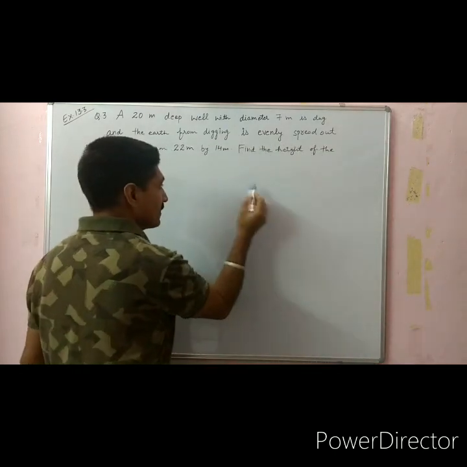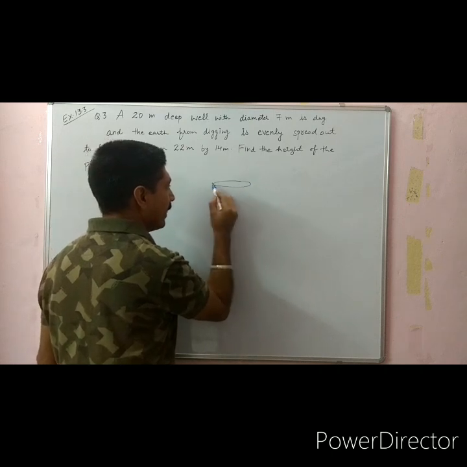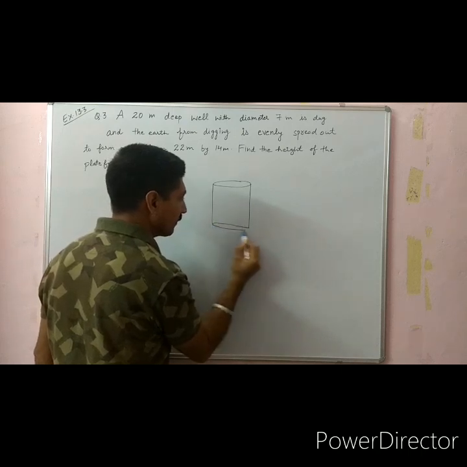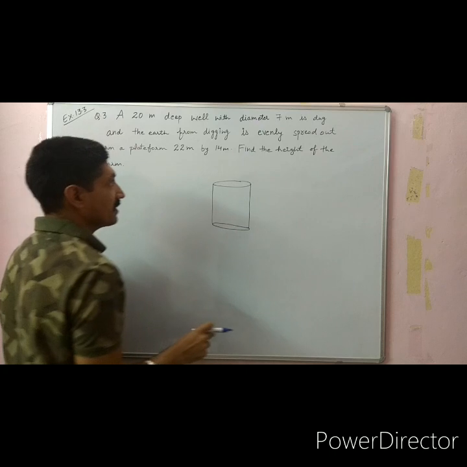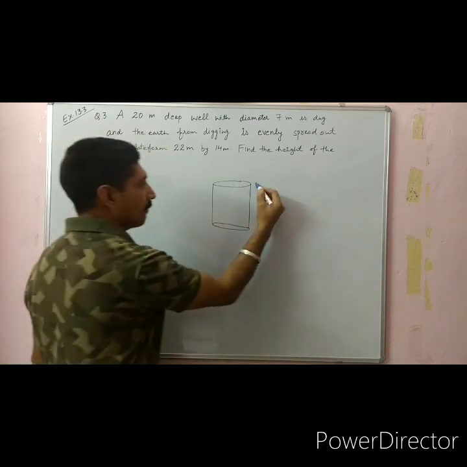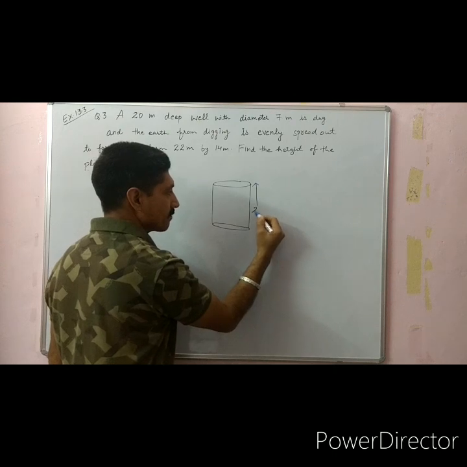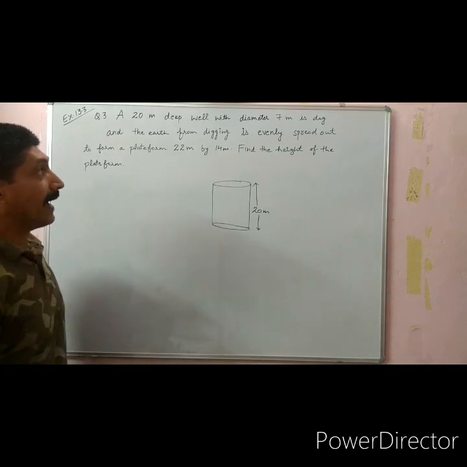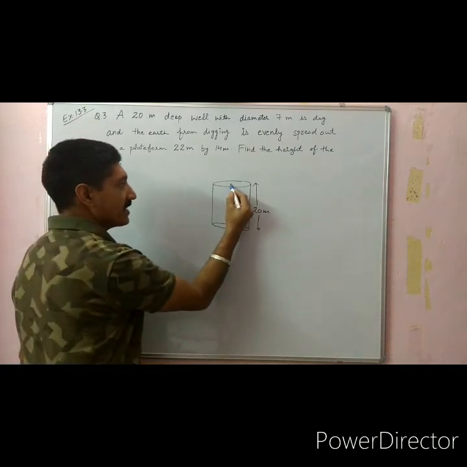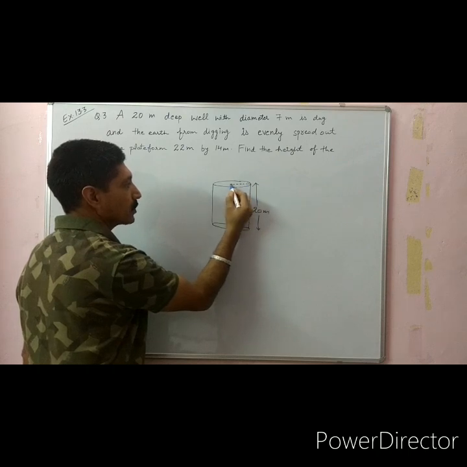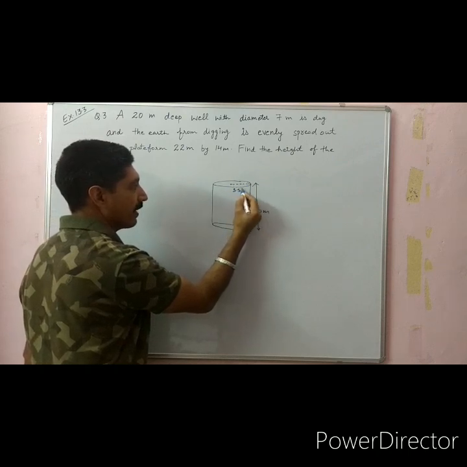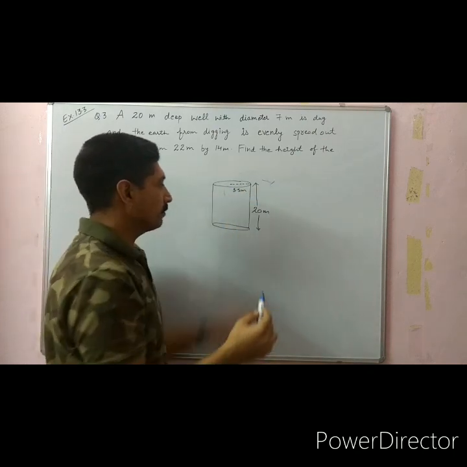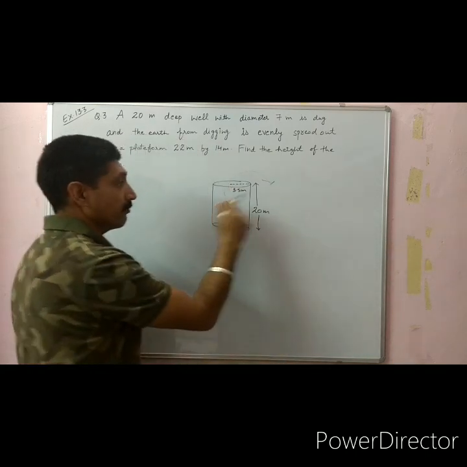If we have a surface here and we have a well here, after digging the well, it is a right circular cylinder, and the depth is given as 20 meter, and the diameter is 7 meter. So radius is 3.5. So radius here is 3.5 meter. Now the earth taken out from here, we are